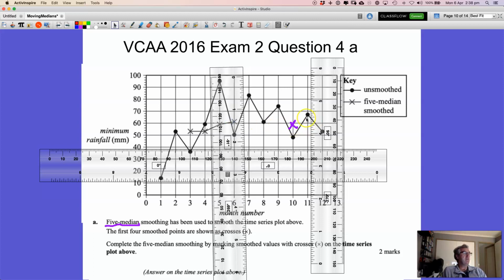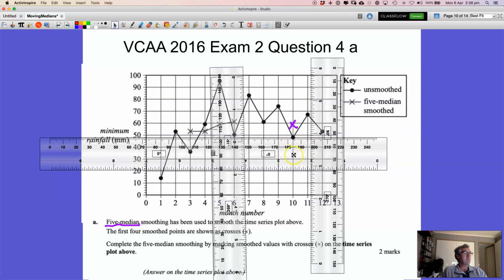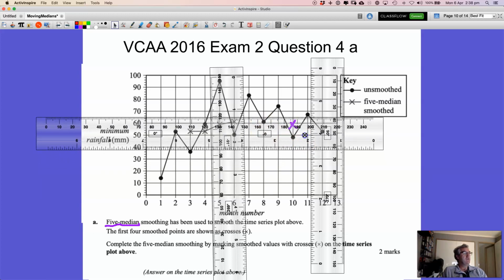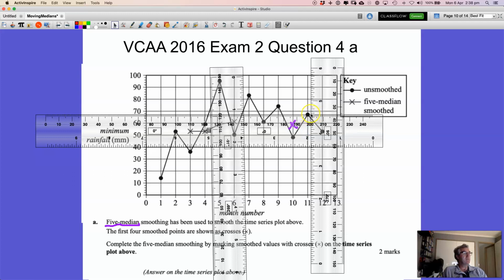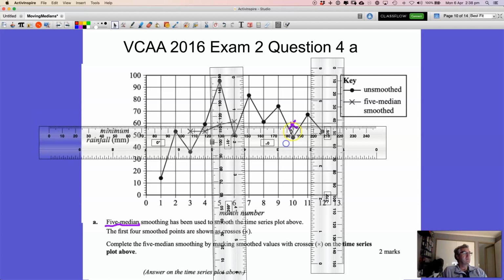Okay. Now, again, 5 points. 1, 2, 3, 4, 5. So I'm now working at point 9. And I'm moving upwards, and I'm going to stop once I get to the third point. So there's my first point. There. Second point is there. Third point, there we go, is there. I stop there. So I want to put a cross just under this line, right at that point there. So back to my pen, just under the line there,